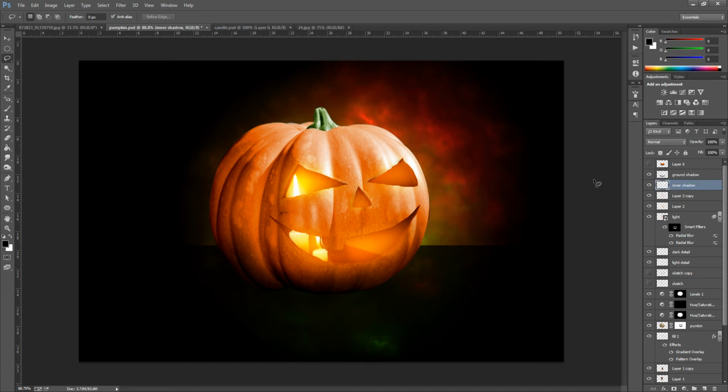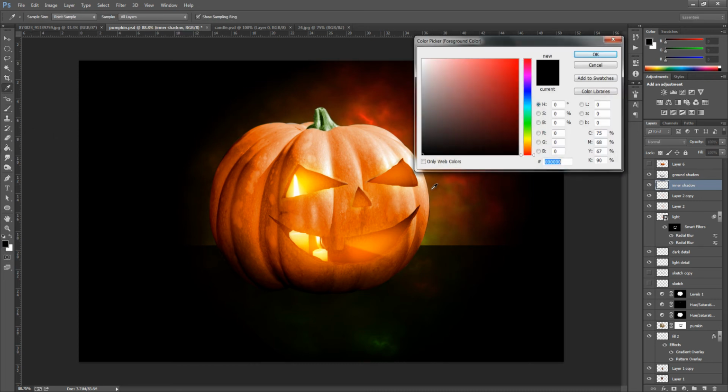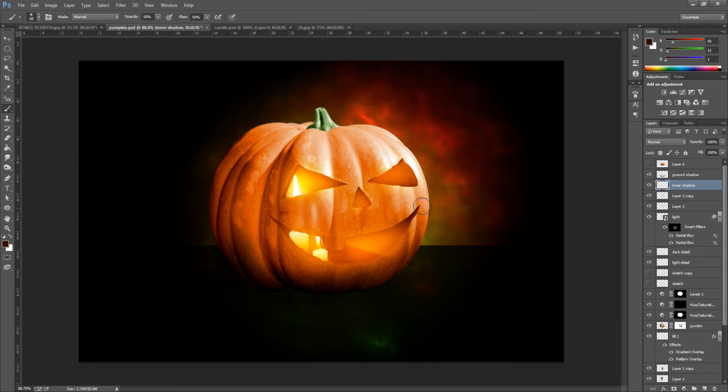And we're going to click the paintbrush tool. We want a brush size of around about 65 pixels, opacity 50%, flow 50%, and we're going to change the colour to a really dark brown. So the colour code for this is 320C01, and then click OK. And once we have something like this, we're just going to paint just over the eyes. Just follow me, so nothing too much, like that.